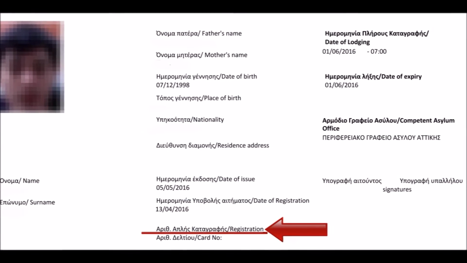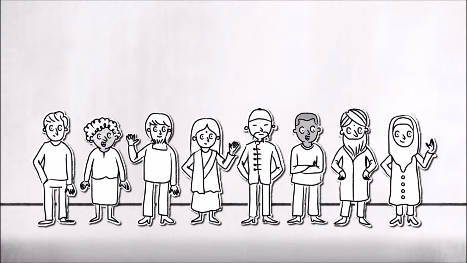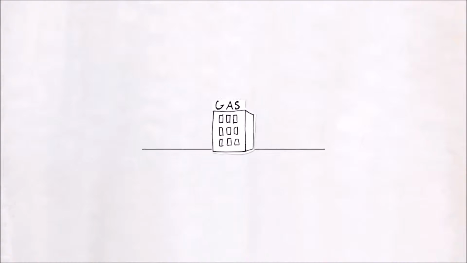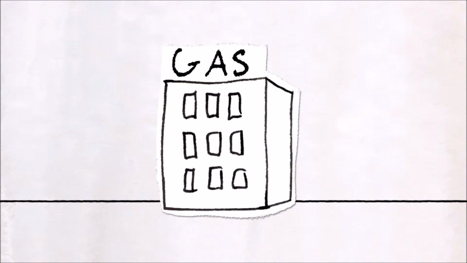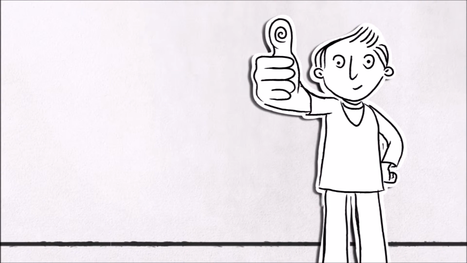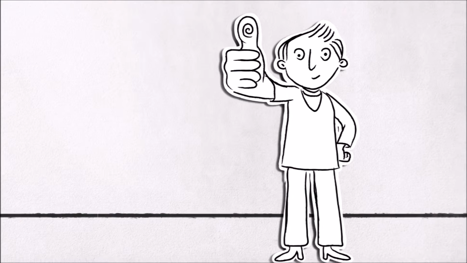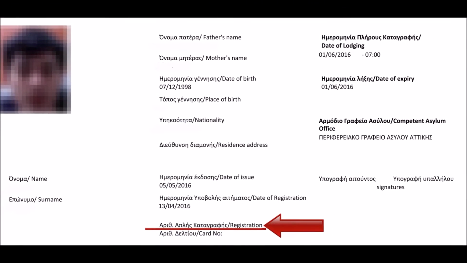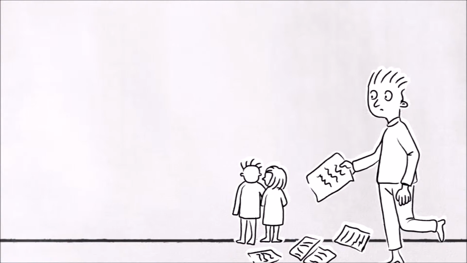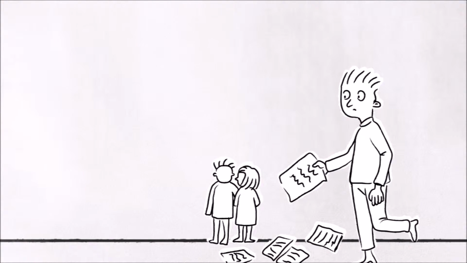You can find the Skype schedule on the Greek Asylum Service website at www.asylo.gov.gr. Be aware that the times allocated by language for Skype can be subject to change, so please check the schedule before calling. During your Skype call, you will be told when you can collect your pre-registration card from the asylum office. You will be fingerprinted when you collect your pre-registration card. Keep this card safe. Do not lose your card, and do not give it to anyone else.